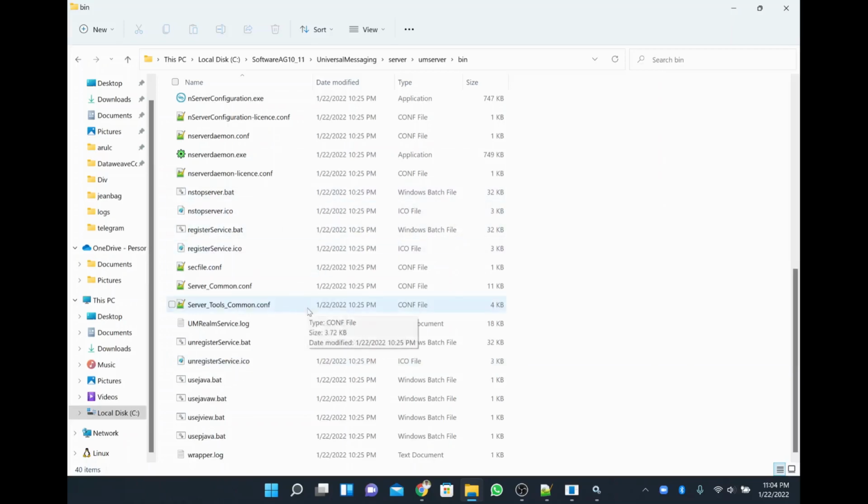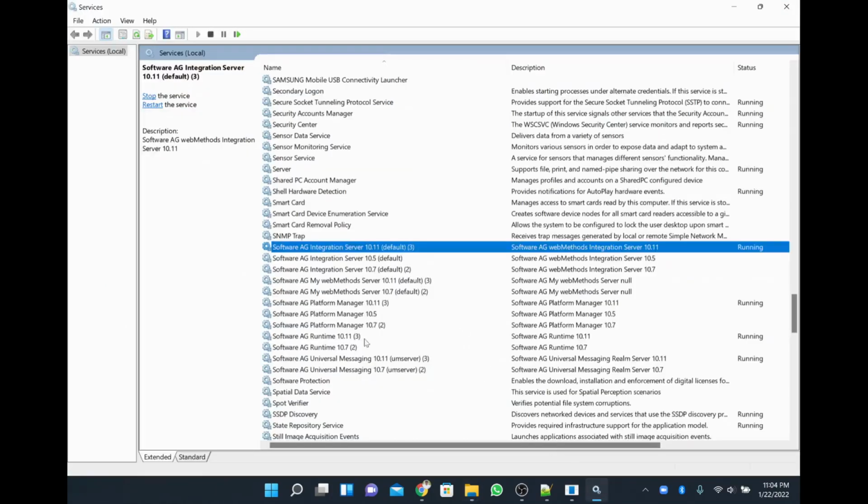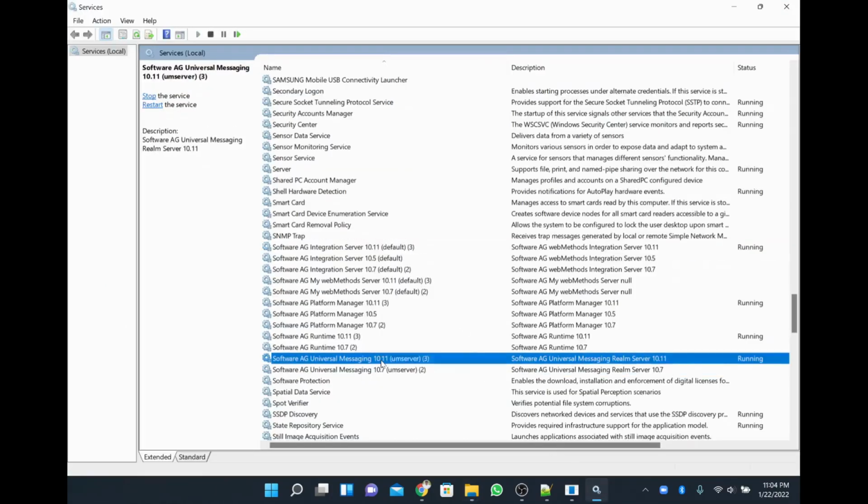So how have we started it? We have started it from our Windows services, right? But there is an option to start from here as well. So you have to run this nserver.bat file. Once you start it, this is the way, and there is something called nstopserver, using which you can stop universal messaging as well. But the other way is you just go here, and if it is running, you just right click and